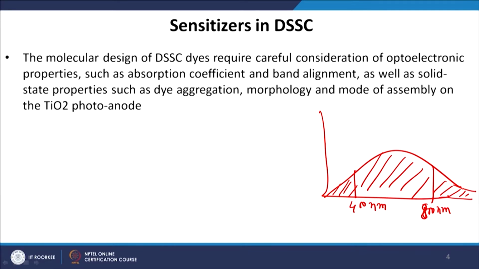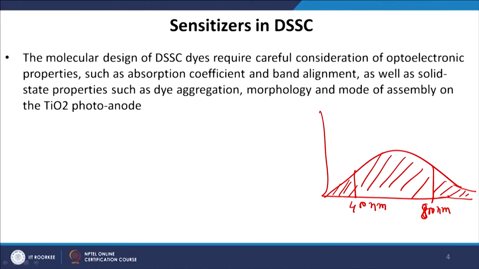spectrum. Now we know that sunlight pretty much resembles a black body spectrum which has maximum intensity in the near IR range. So we will prefer a dye molecule which has a good amount of absorption in the near IR or IR range. Now most of the dye molecules which we use commercially, like N3 or Z907 dye, have a good amount of absorption in the visible range with some absorption in the near IR range. So absorption is a very important parameter while choosing a dye molecule or sensitizer molecule.